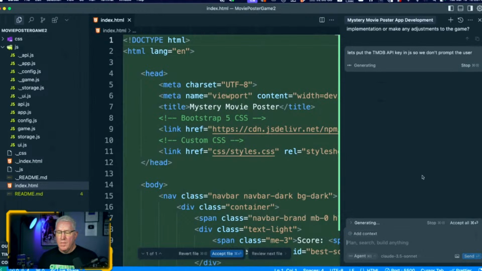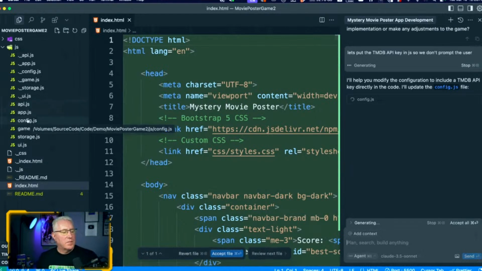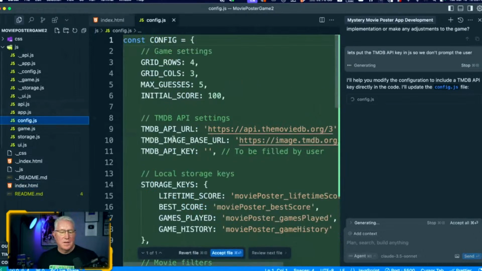Yeah. Let's see. I agree. We should be putting that in. We don't need to be providing that every time. That's just annoying. Surely that should have been part of the config.js file anyway, though, right? You would think. It's right here. It just says to be filled by user, though, look. Yeah. So let's just let it do its thing.